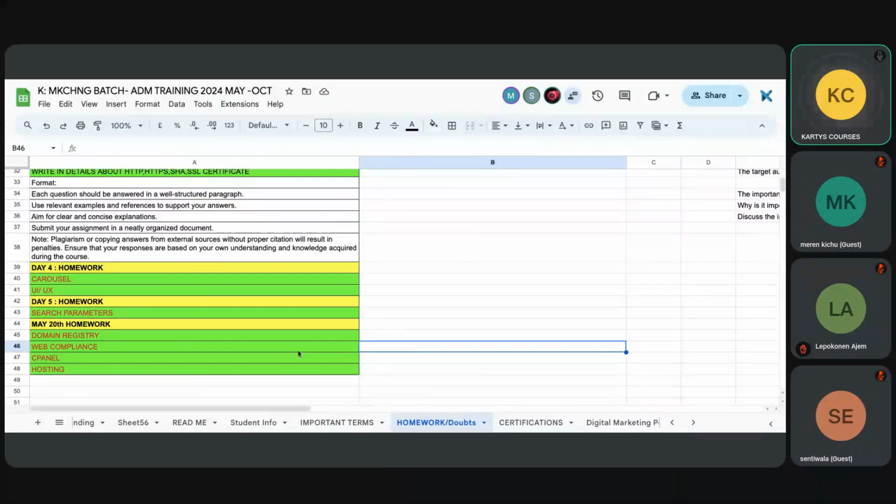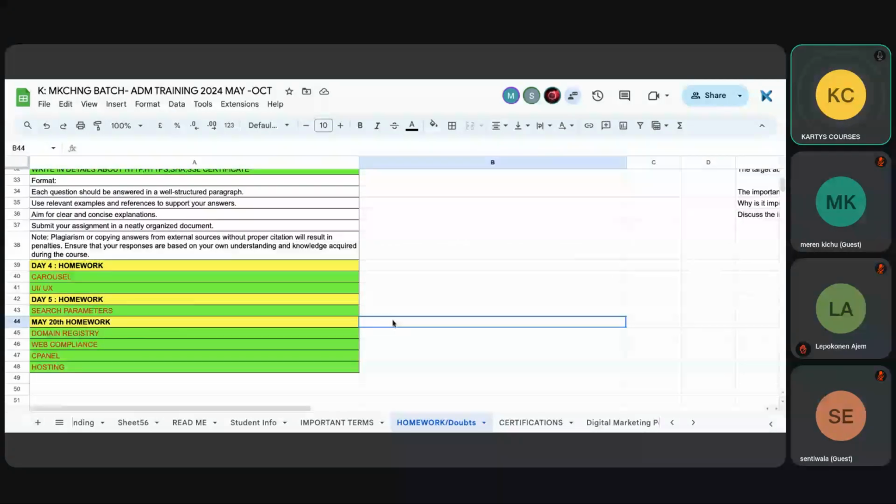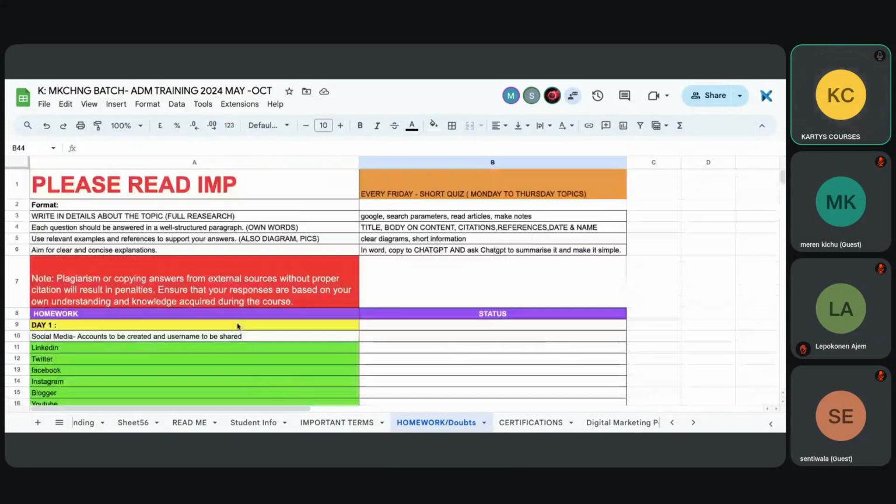Okay. Now, since everybody has Microsoft working, I want a proper document. I want you to submit it in a Word document, with a proper name, proper title, body and content, citations, references, date and name. That should be inside the document. And then the doc should follow